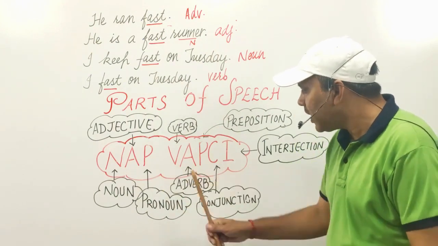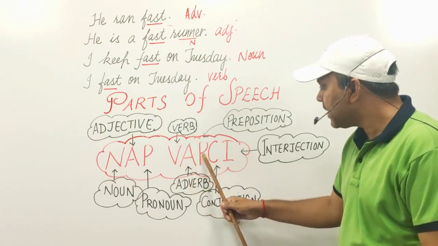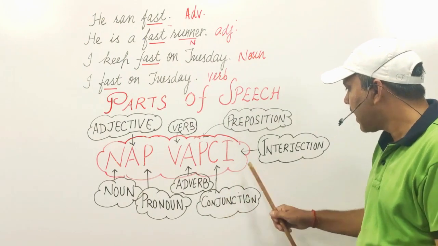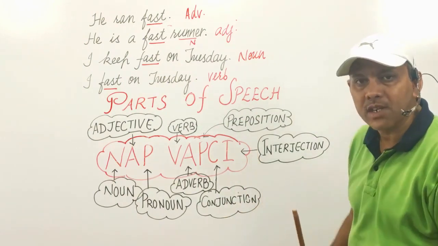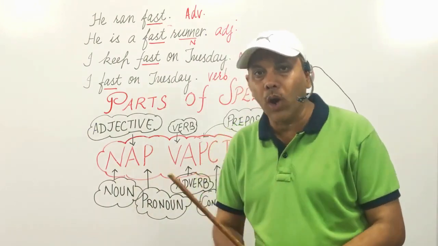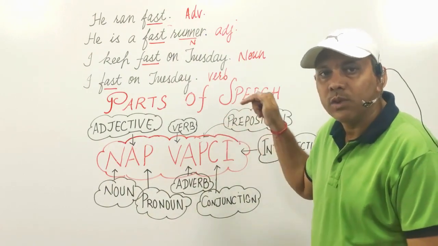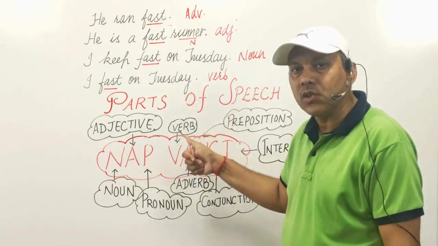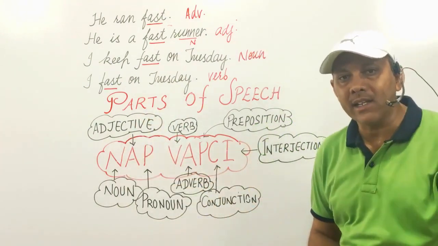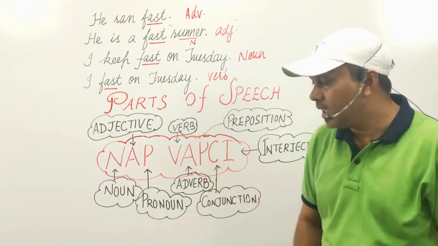And the next, V stands for verb, A stands for adverb, P stands for preposition, C stands for conjunction, and I stands for interjection. Every part of speech has to play a different role in the sentence, and we have to identify the role of part of speech in all the sentences. Now, let us discuss some fundamentals about all the parts of speech in a very little quantity.